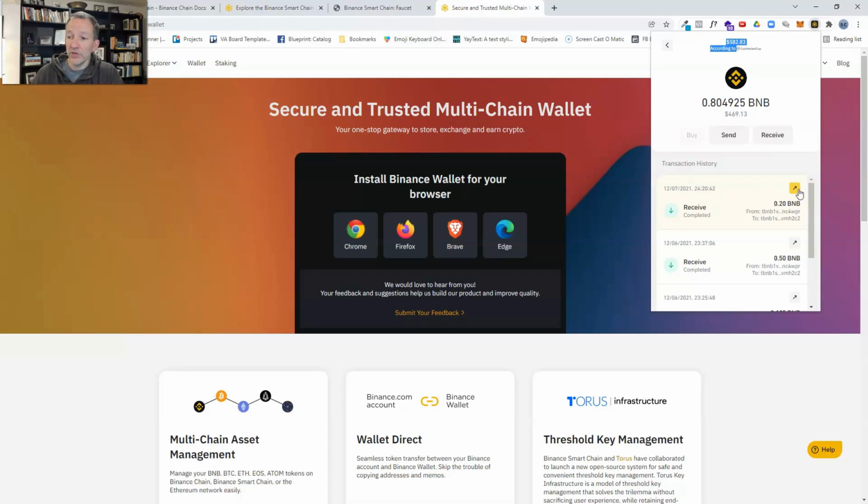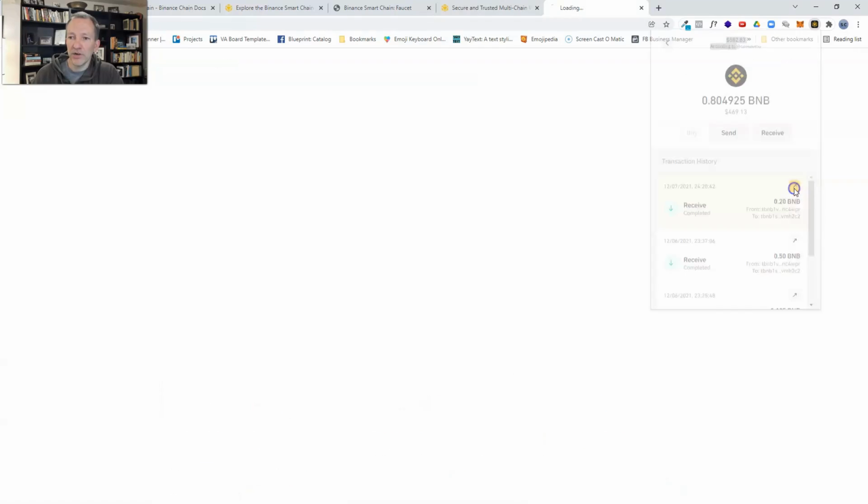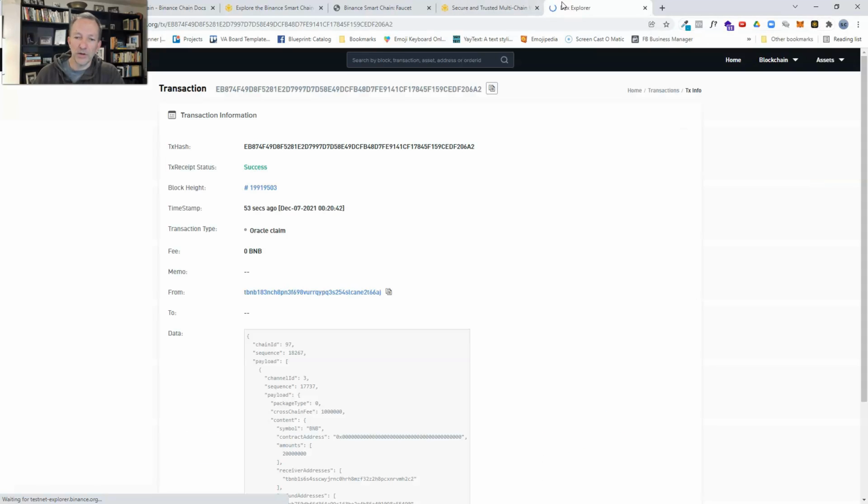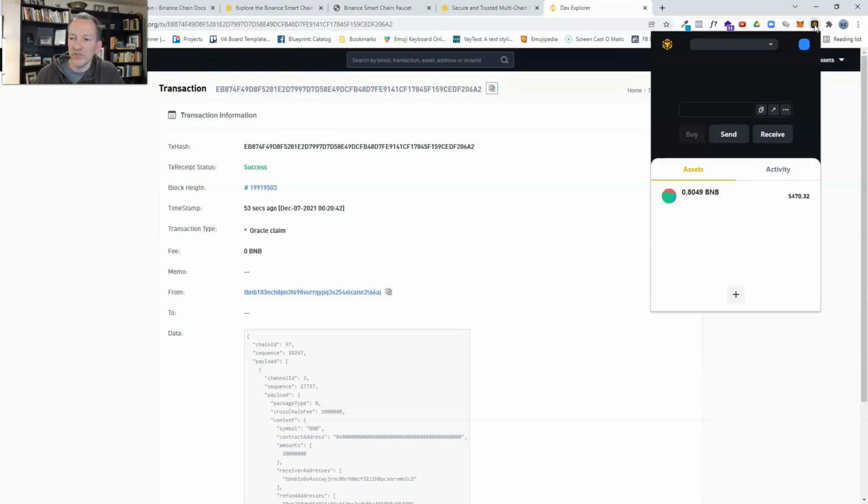Now, the other thing you can do is if you hit this button up here, it will actually show you the transaction on the blockchain. So this is another way to start getting familiar with what this looks like. The key thing here is you'll start to get comfortable with looking at addresses for the wallets. And this one right here is a T and then BNB. So that means it's a BEP2 network. So that's the Binance Chain. Anyway, this is a real quick, easy way to start getting comfortable with sending and receiving funds in your